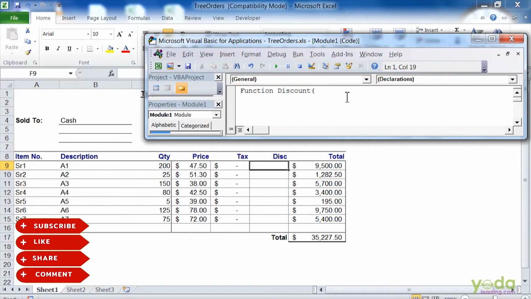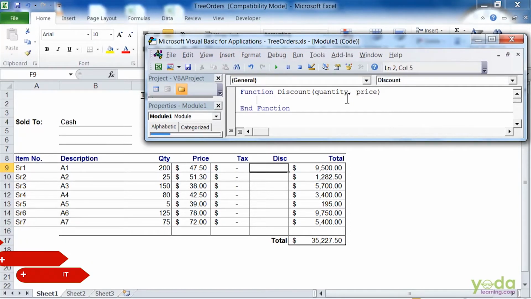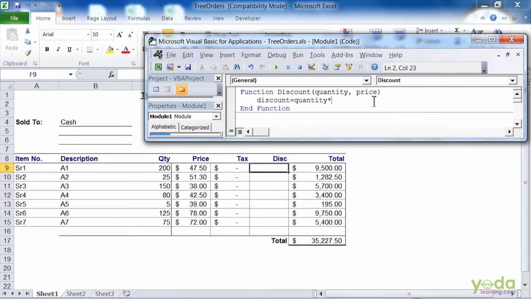So the input will be quantity, comma, the price. The discount will be 10% of the product of the quantity and the price. Now I will say Discount is equal to the quantity into the price multiplied by 0.10.